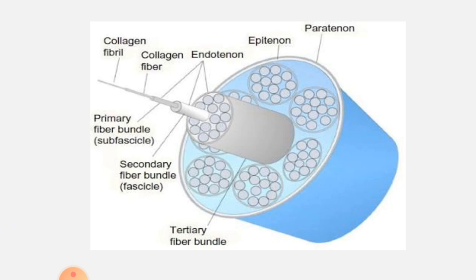which is showing the structure of the tendon. You can see the various layers that are endotendon, epitendon, and paratendon, and you can also see the various components that are primary fiber bundle, secondary fiber bundle, and tertiary fiber bundle. We will discuss about them. So if we talk about the components first,